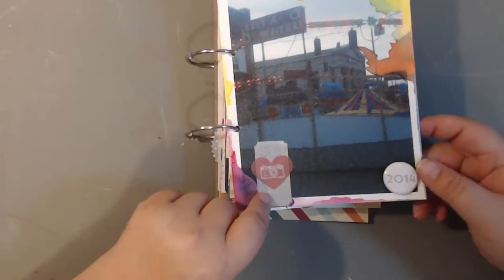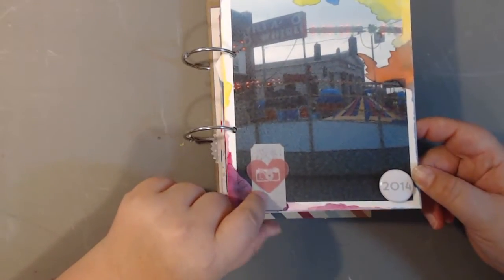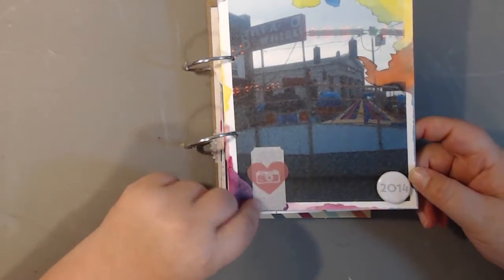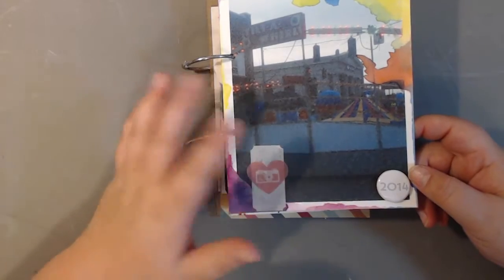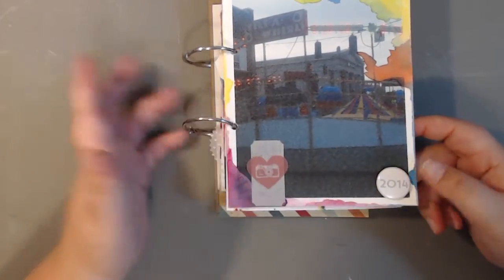And one thing I will say about the ticket, it doesn't show up very well. You cannot tell that it said, I think it was like 3 and Tuesday. It's very, very light. But I don't mind. I just kind of like the gray ticket on there. So,